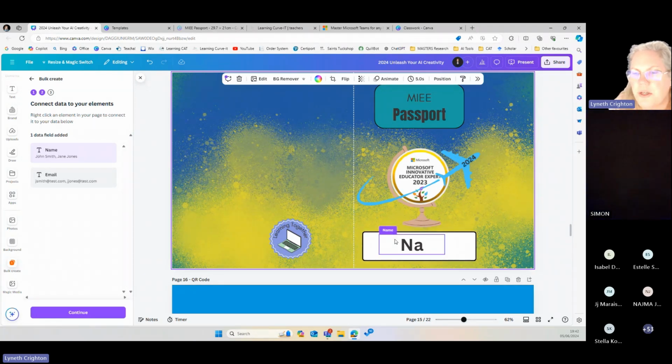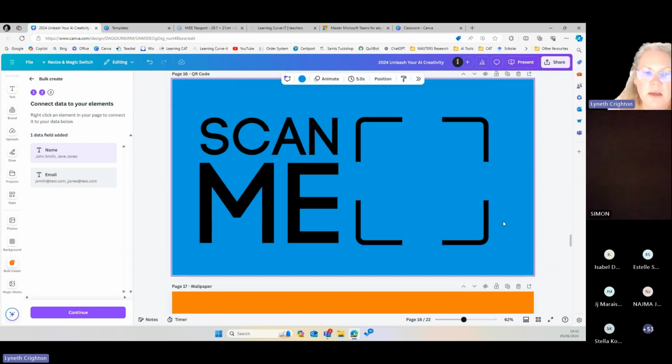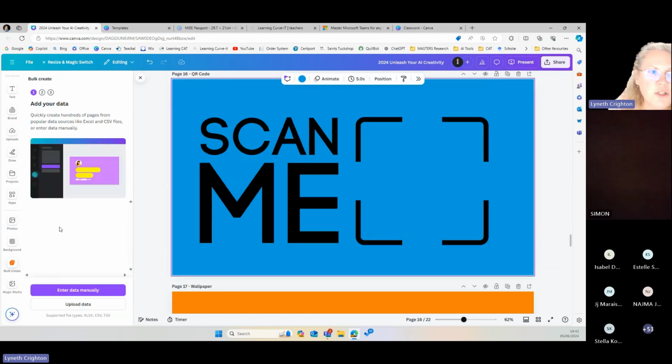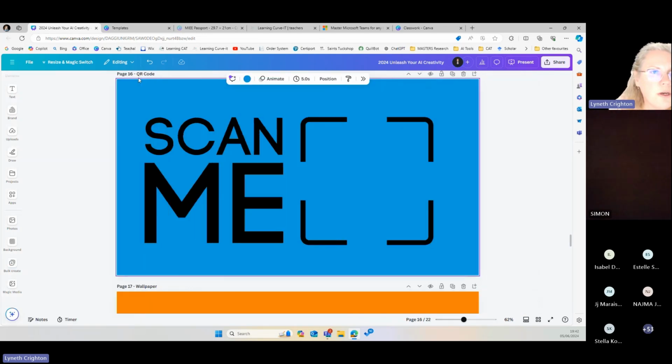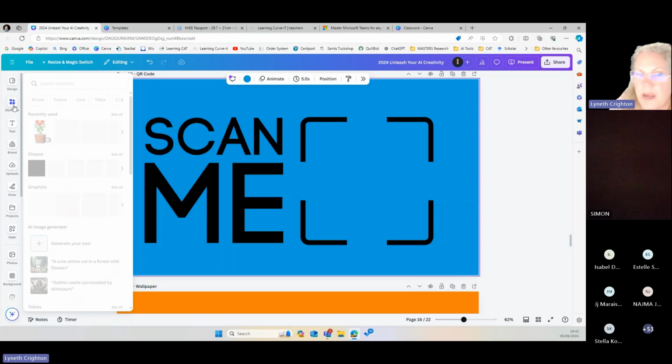We've created certificates for the matrics for the teachers. So yes, bulk create is awesome. There is a bulk create for the QR codes, but because it's quick and easier this way,